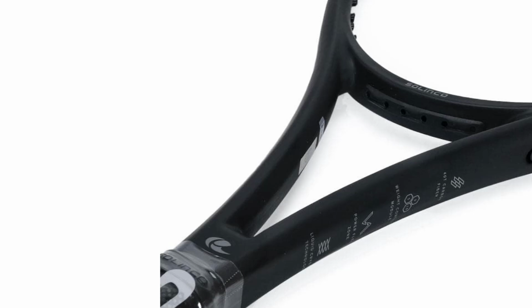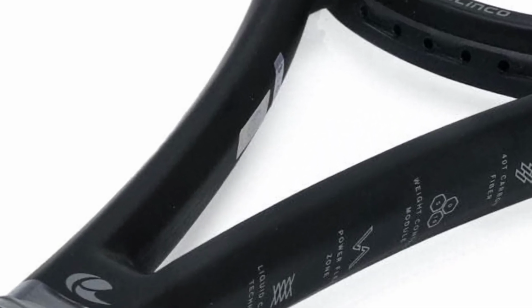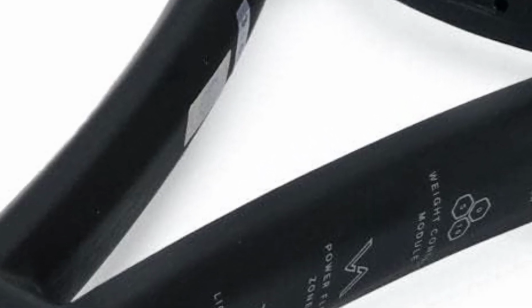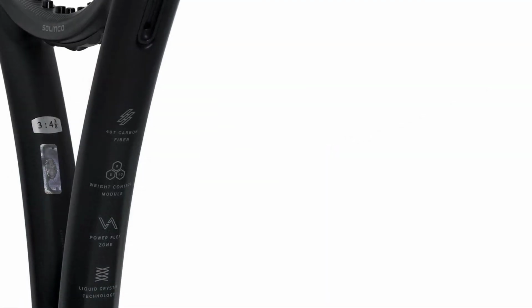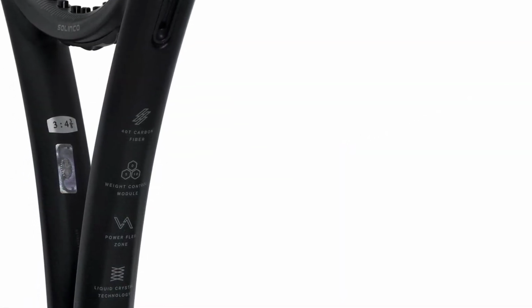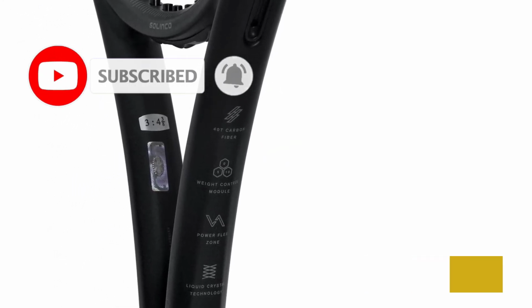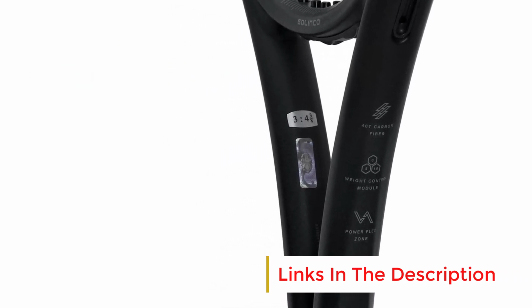With a 100 square inch head size, the Blackout 300 offers a generous sweet spot, providing ample forgiveness on off-center hits while maintaining excellent control and precision. The 16 by 19 string pattern enhances spin potential, allowing players to generate both topspin and slice effectively. This makes it a great choice for those who rely on spin-heavy shots to control rallies and keep the ball